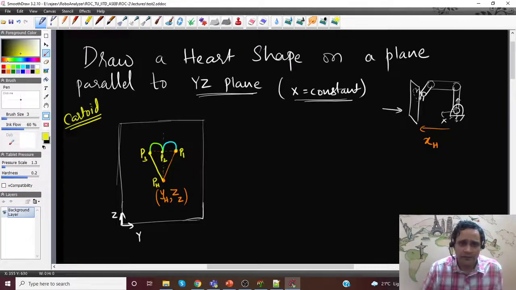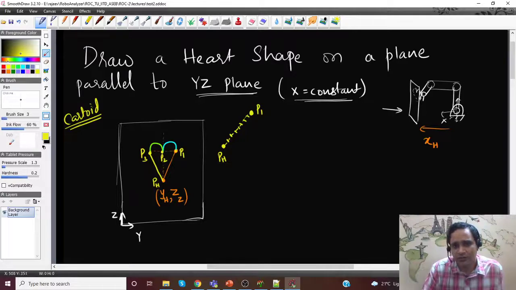Now I'll do the formulation here very quickly. To draw this, the straight line is fine. If I want to go from PH to P1, I'll have intermediate points along this path.